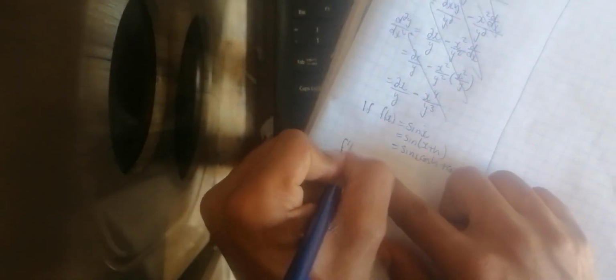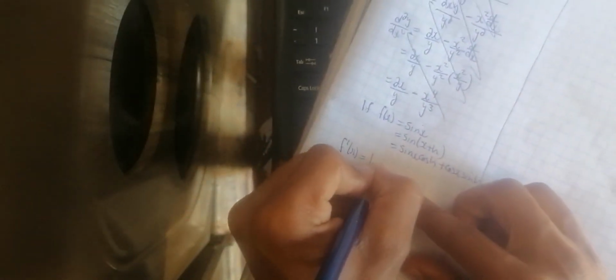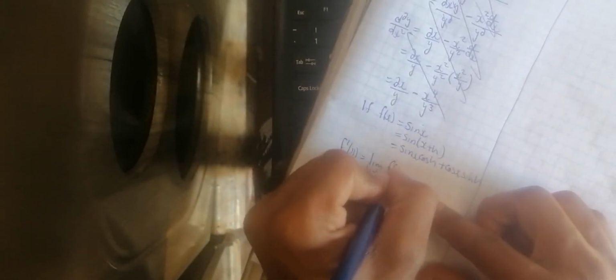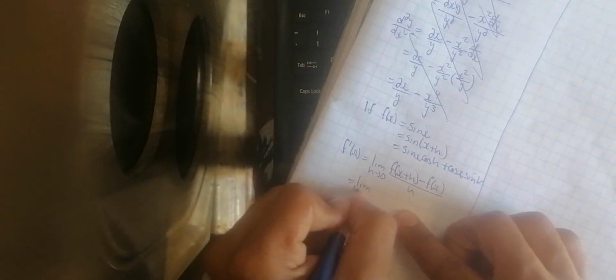Right, and we know by using the sum identity of sine, this would be sine x cos h plus cos x sine h. So therefore we will say f prime of x is equal to the limit as h approaches 0 of f at x plus h minus f at x divided by h. Right, and you would keep on writing your limit as h approaches 0. We dealt with this many times when you dealt with grade 11. Right, and then your f would be your sine,